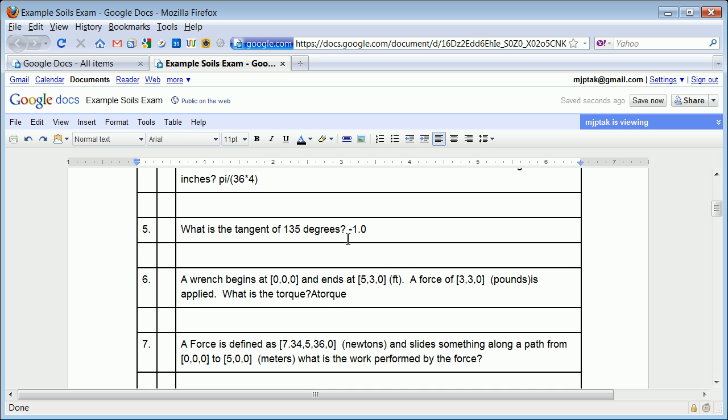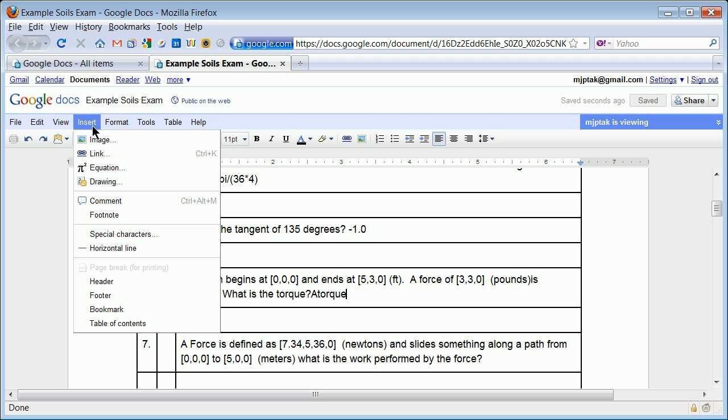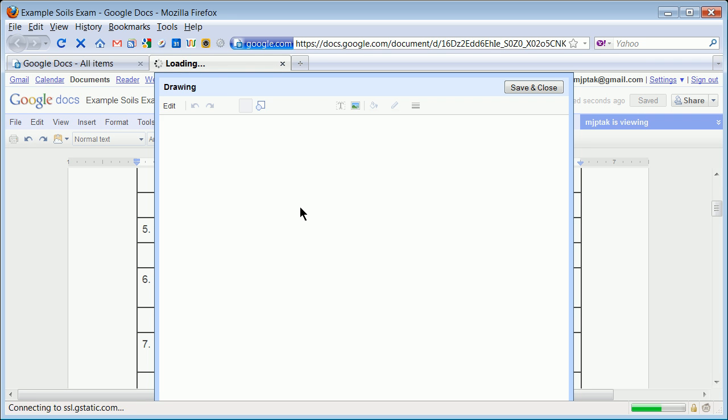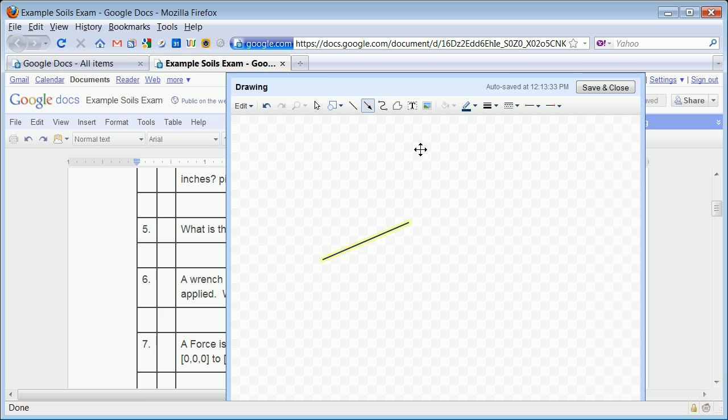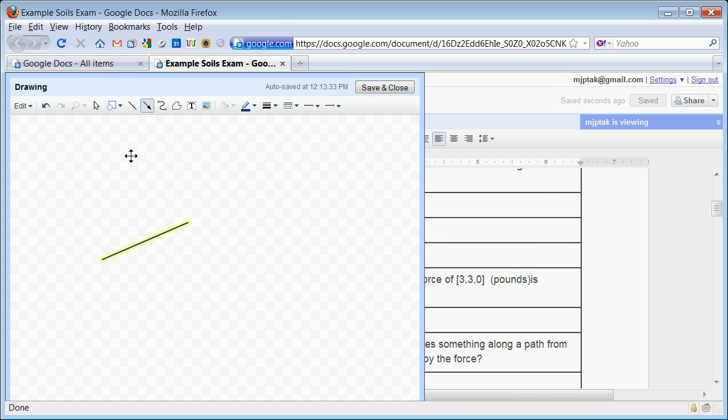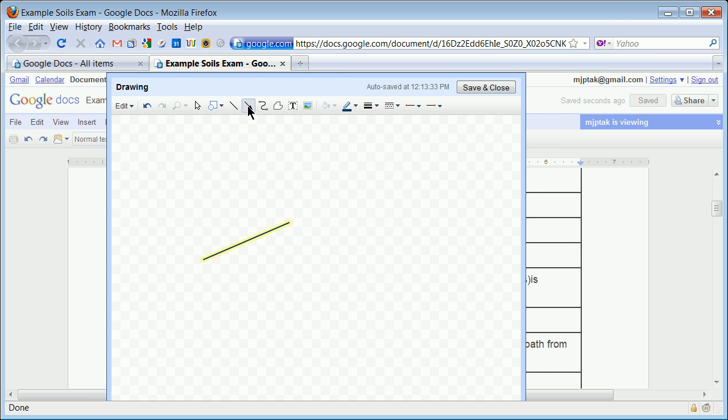I've lost my ability to use a pen in here, though I can in a second insert an image or a drawing. See how that works. I'll try this, insert that drawing. And so what you have here is this. You had something that looked like that is your wrench, 5, 3, and then your force was something like, let's see, what was that value? Was 3, 3. On top of that 5, 3, you had a force that did this, and in fact, you want